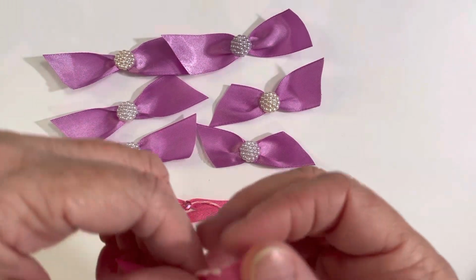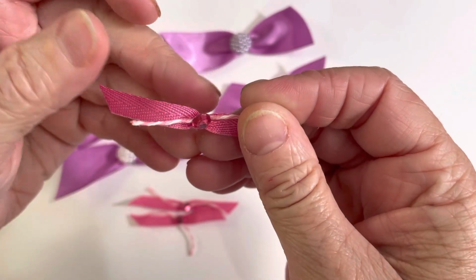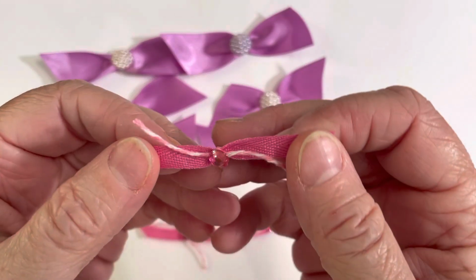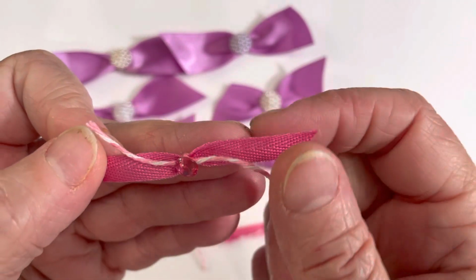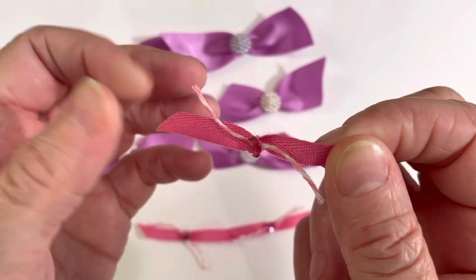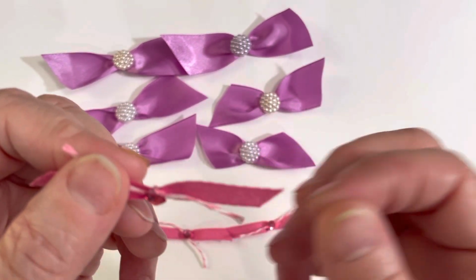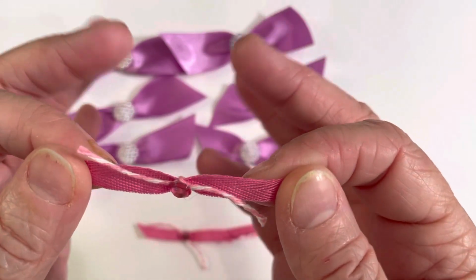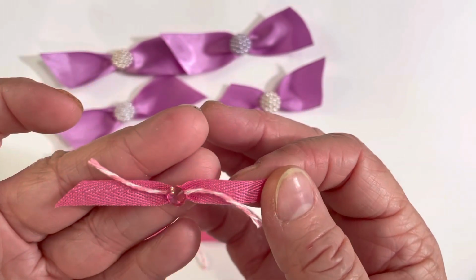Well, these I didn't really like either, because they're so tiny. If I pulled tight at all, let me see if I can find one that did it, it wanted to almost make a zigzag shape, like it made that little cinch in the center, and then it went up and over, so it was laying really strange. So I just left the baker's twine a little bit longer, and I used the pink and white twine, and then just cut it a little bit shorter than the ribbon ends, and then took a little hot pink